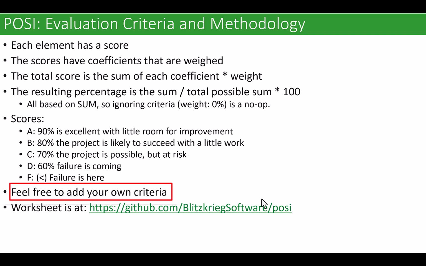Again, this is a base tool. You can go download it from my GitHub site and modify it to suit your needs. You're probably going to want to play with the weights of each of the categories. Some of the categories will need to be weightless for you. You just set the weight to 0 and ignore it. So with that,